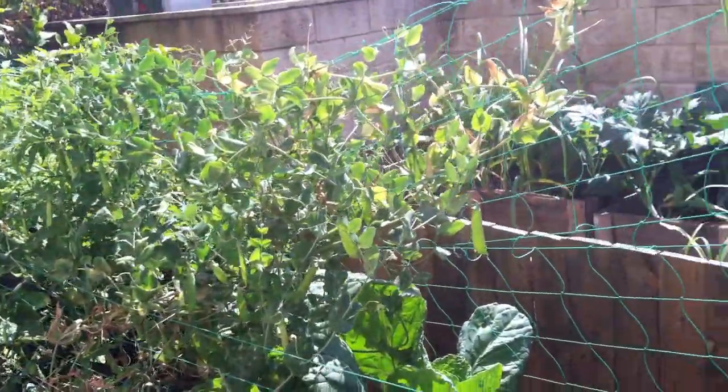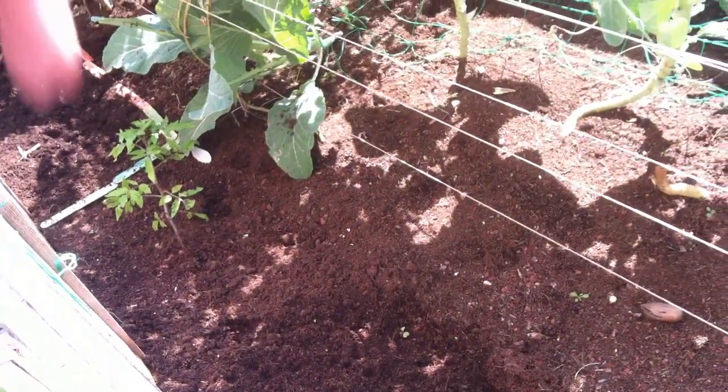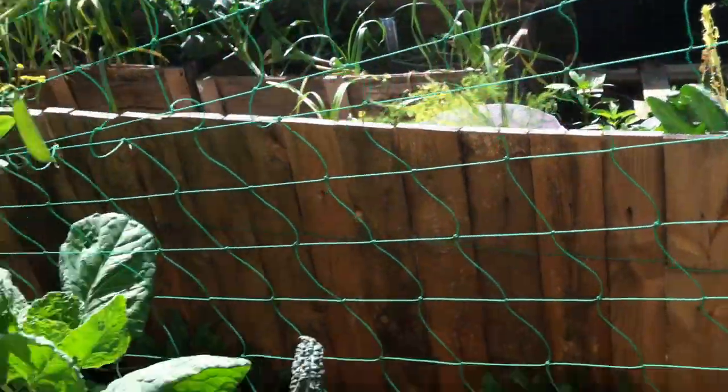So in this first row, we're growing our tomatoes for the spring. These are all German Johnsons. We started them from seeds inside. They hardened off in the hardening off section, and then